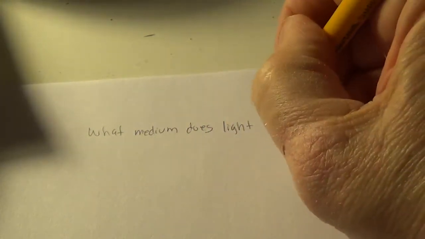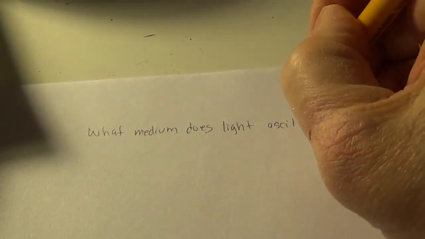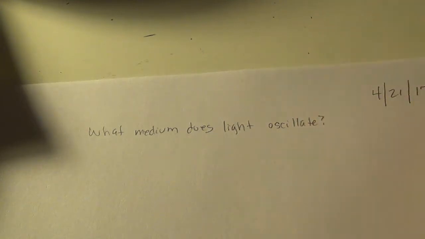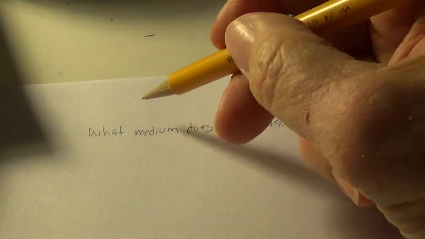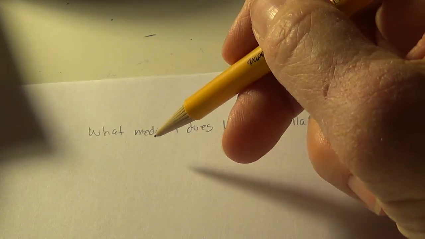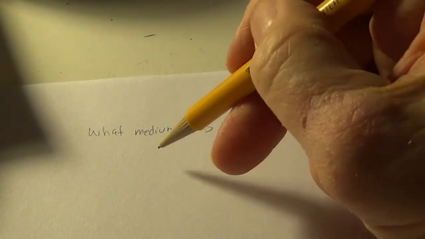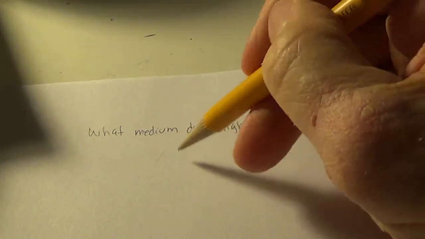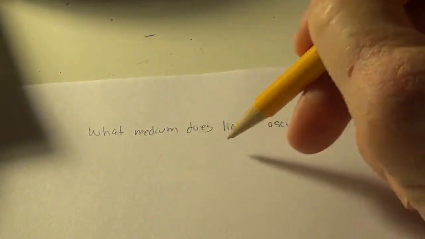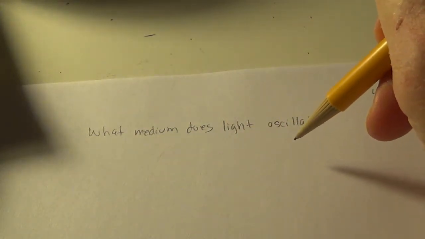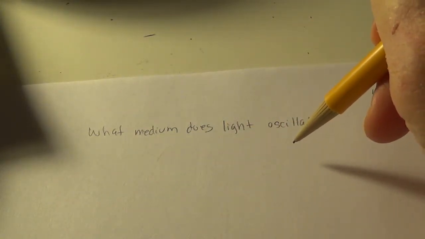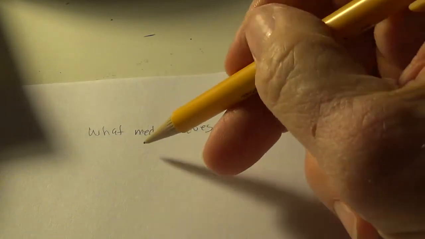What medium does light oscillate? All right, so it's going to move something up and down. And we know that when we threw a rock into the water, the water moved. When we did our slinky, the metal in the metal coiling moved. But what is it that oscillates up and down when...